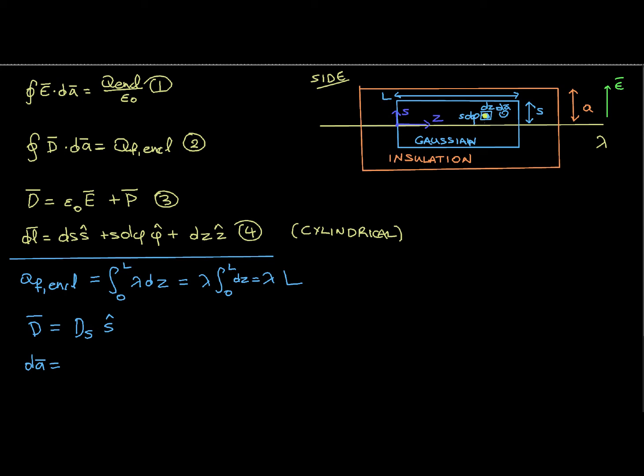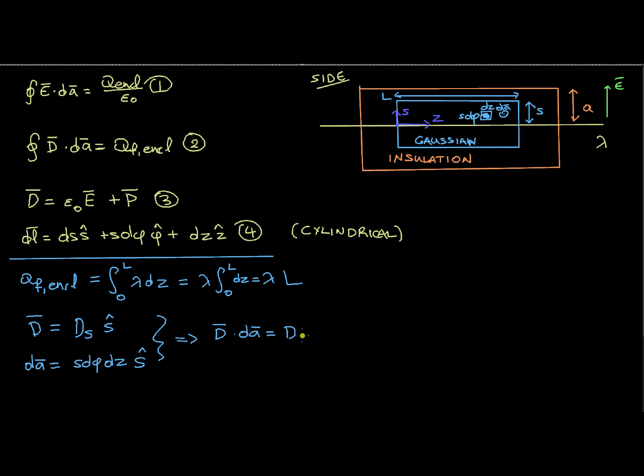This means, in order for me to find the infinitely small area vector, first of all, I know that it's pointing in the s hat direction, and the size of the area is s d phi times dz. I'm just multiplying the two sides of that small area. So now I need to find the dot product between dl and dA,